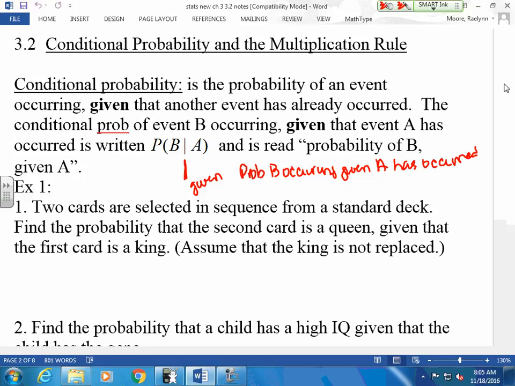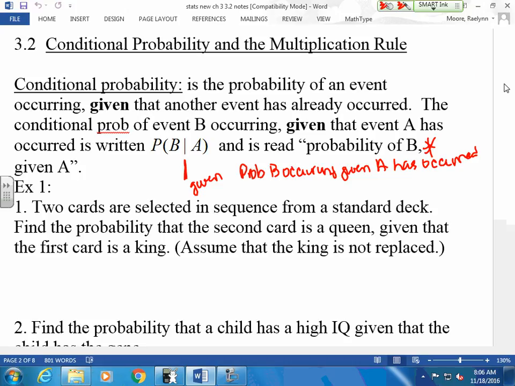B says, well, A did this, now that's going to affect me. B happens given A. A says, do whatever you need to do, I'll do it. B says, well, let me see what happens in A. So this is very, very important that we remember this. For example, 2 cards, and cards work great with this because why? We can replace cards. On a spinner, on tossing a coin, rolling a die, there's nothing to replace. Those are going to be independent. But a deck of cards that you hold in your hand, you can either replace that card and pull another one, or you can leave it out.